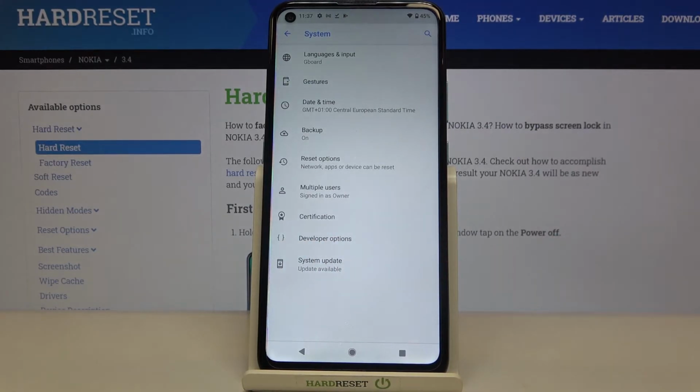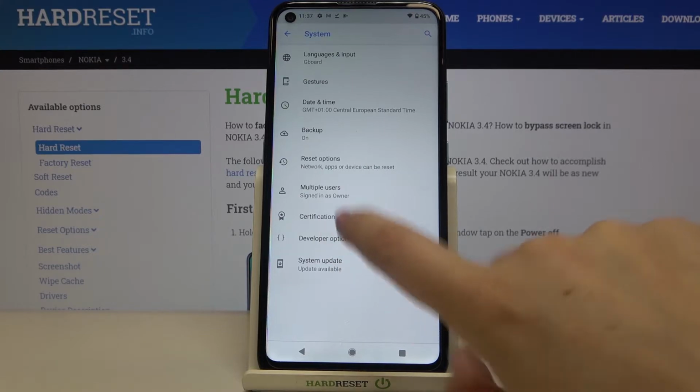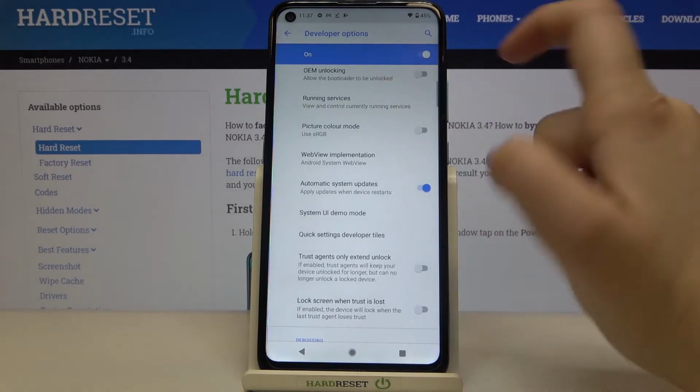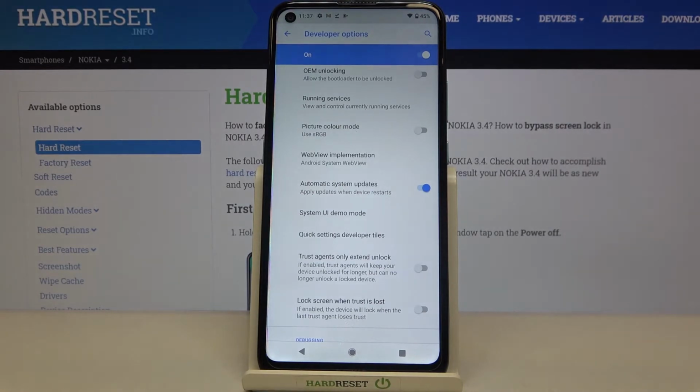If you cannot find this option in your device, then just find the tutorial on how to activate the developer options, and then let's return to this video. So let me tap on it, and here all we have to do is simply find the System UI demo